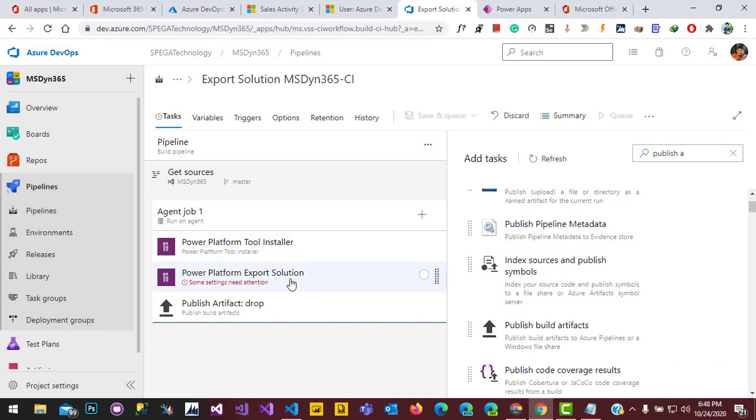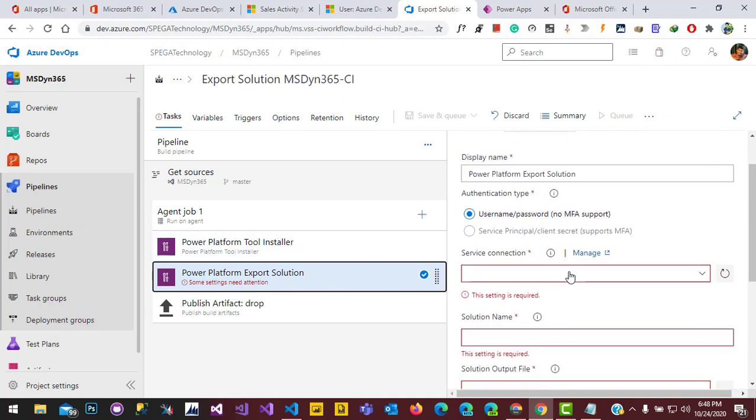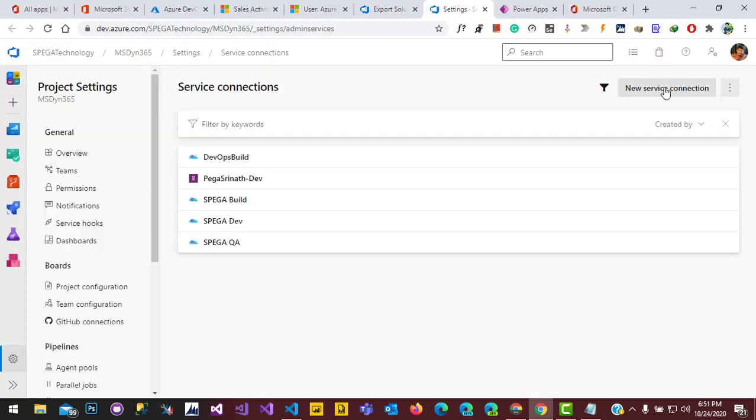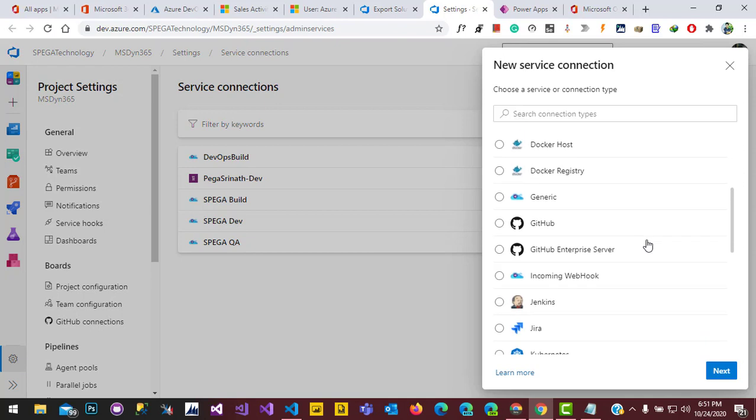So the export task is asking for some settings. Let's do that one. Here it is asking for a service connection. There are two types of service connections: one with no MFA support, and another one that supports MFA. No MFA means it will ask for the username and password, basic authentication. The other one is MFA, where a service account can be used with MFA. Just select this one and click on manage, click on new service connection and search for Power Platform, click on